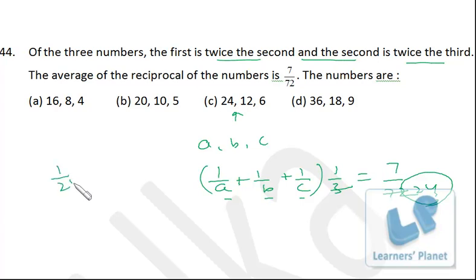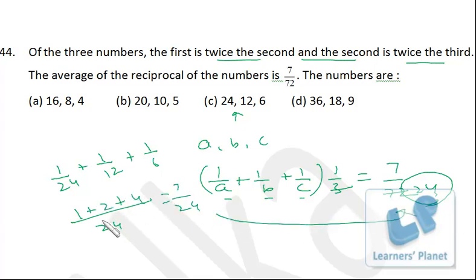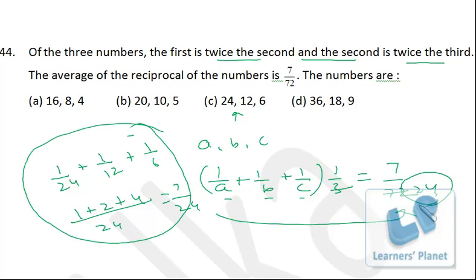If the numbers A, B and C are 1 upon 24, 1 upon 12 and 1 upon 6, we have to add the reciprocals. It's the LCM, right? So that's verified. But actually it is not at all required. If you can see the LCM of A, B, C is 24 and A, B, C are these three data, then you don't have to go for the cross verification. Okay, for your sake only I have done this.